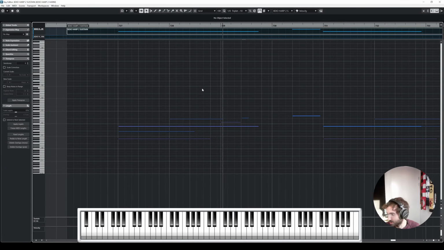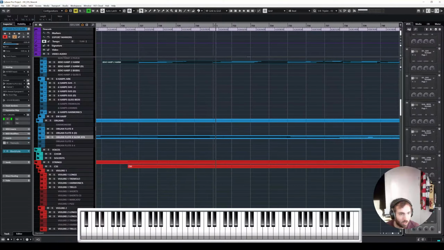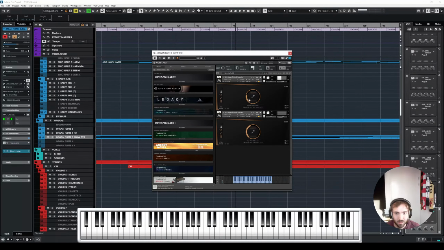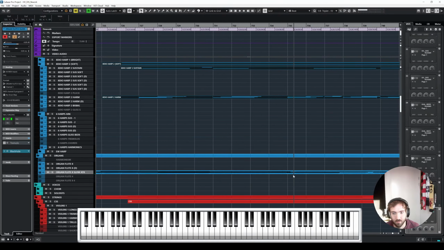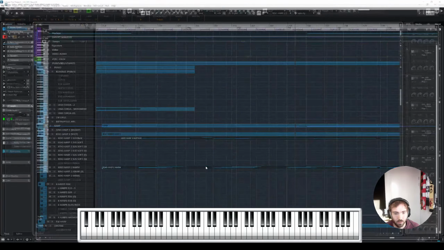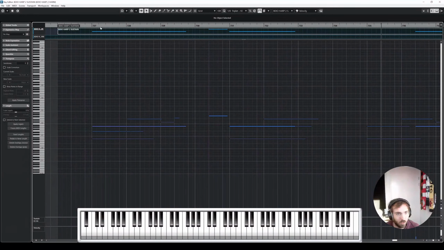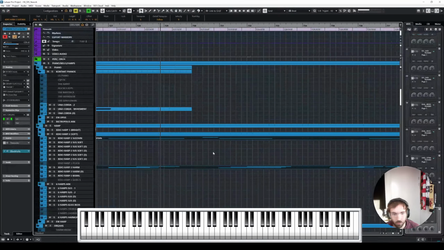The organ sounds gorgeous. Thanks, that's from Metropolis Arc 1 or 2. This is 2 probably, because it has soft stuff. Right. So now I have something to work with, which is nice. This is too early. That comes from this